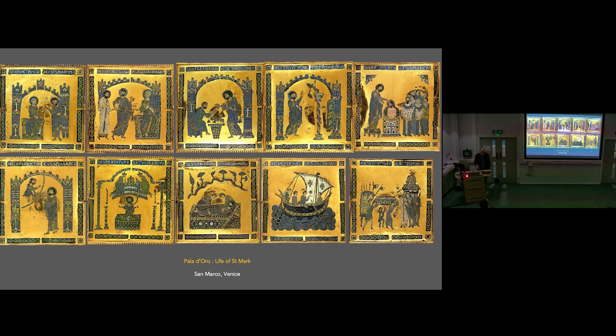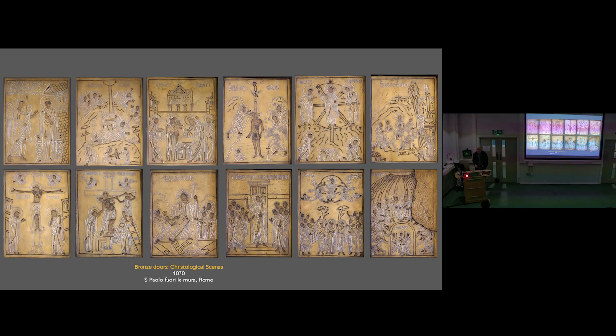Now we know that this is an established work practice in Constantinople, and it had already been in use for about 30 years in the commissioning of bronze doors from Constantinople for the churches of Italy, mostly coming out from the rich families of Amalfi. So whilst at first sight you look at the doors of San Paolo Fuori le Mura in Rome, and you see, oh, we've got a familiar set of Byzantine feast images, along with images of the